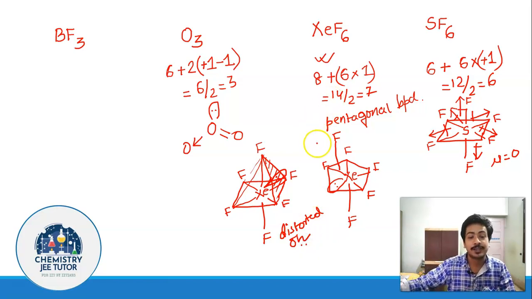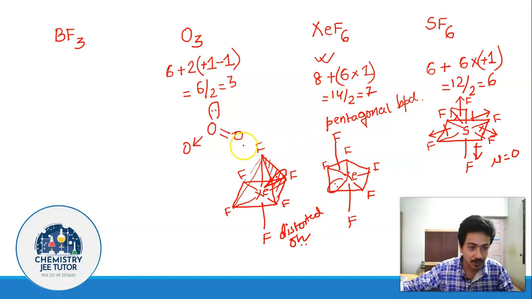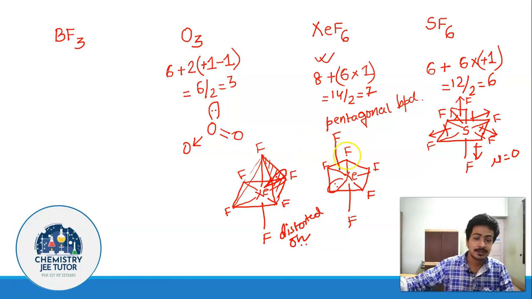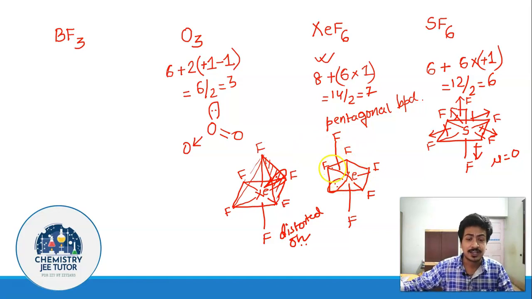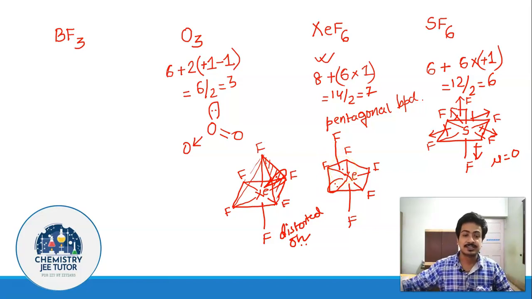Now the question is why this has to go to this octahedral structure from this pentagonal bipyramidal structure. The answer lies in the simple fact that in the pentagonal bipyramidal structure there was immense steric repulsion, because this lone pair is a bulky species. With this, all these fluorine atoms were facing immense steric repulsion.